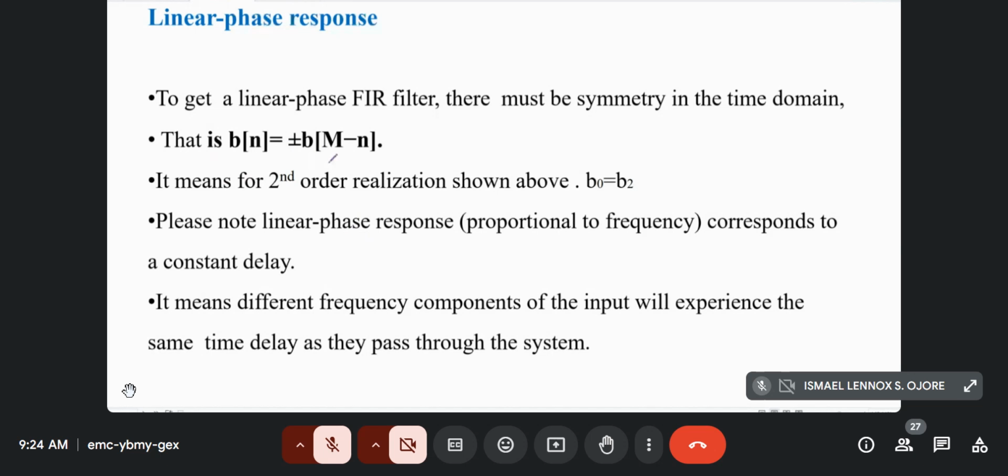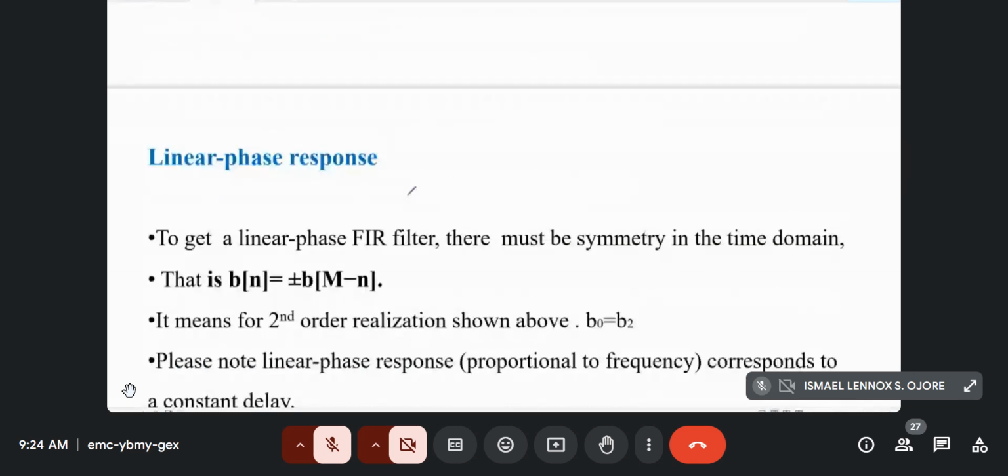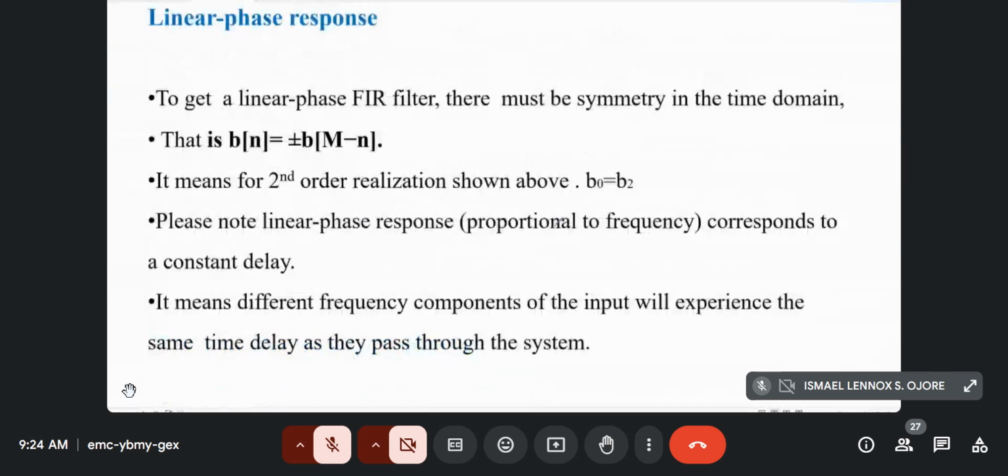So to get that, there must be symmetry in the time domain. That is, b of n is equal to plus or minus b of m minus n. I don't know whether we have done it here, but what it means,